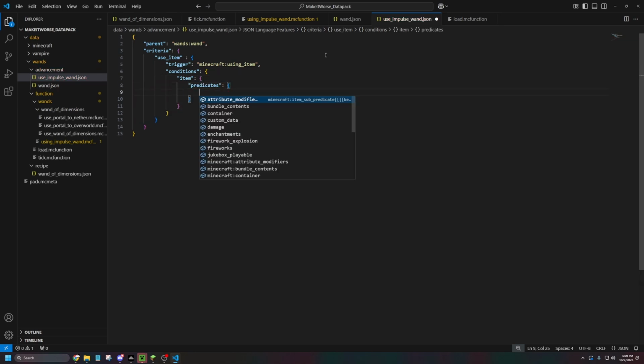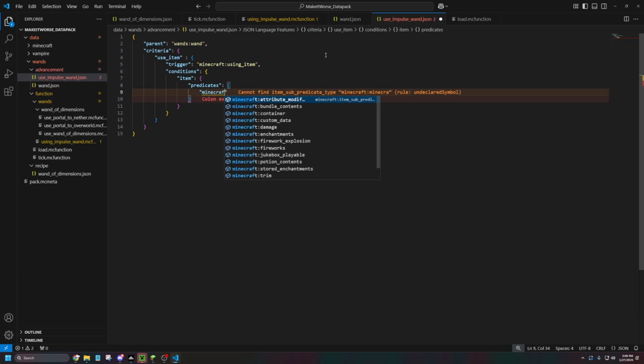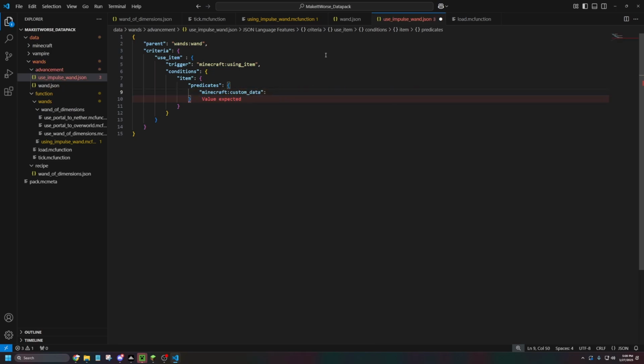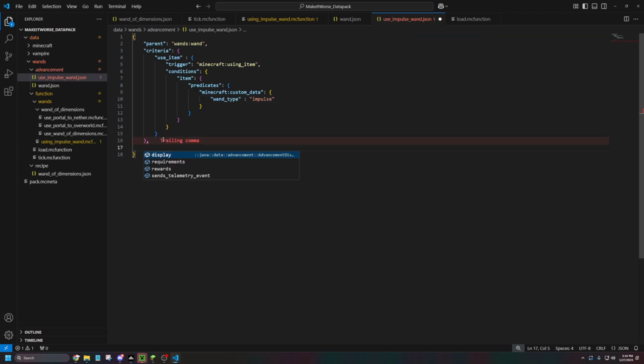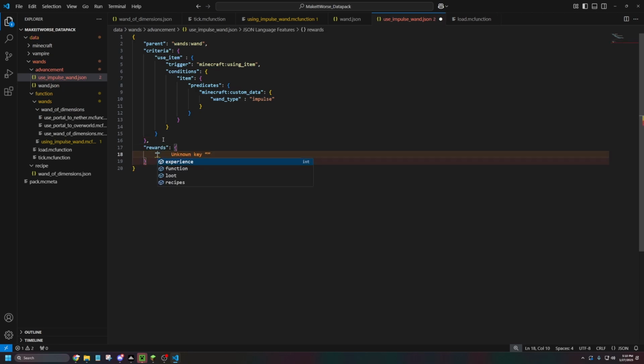And inside those curly brackets is going to be minecraft:custom_data, set of curly brackets, and then let's do wand_type, impulse. And underneath the criteria, let's do comma, rewards, curly brackets, function,